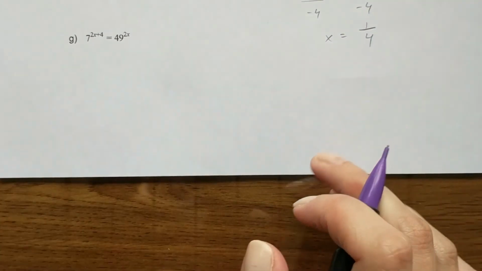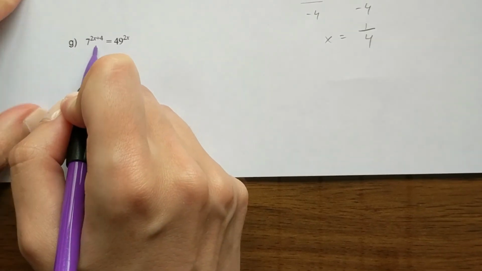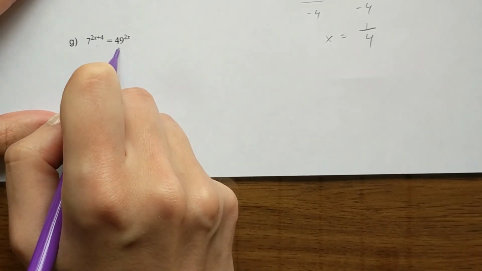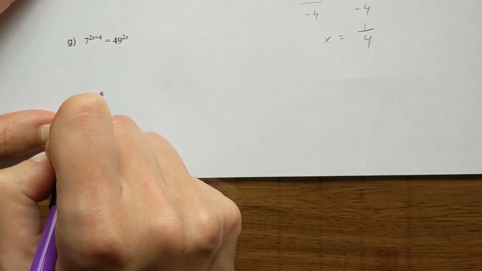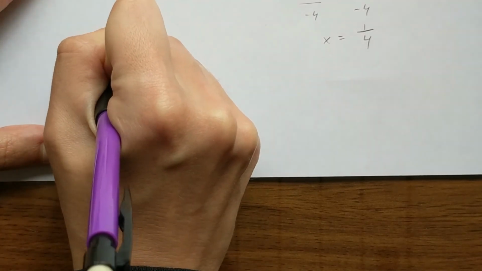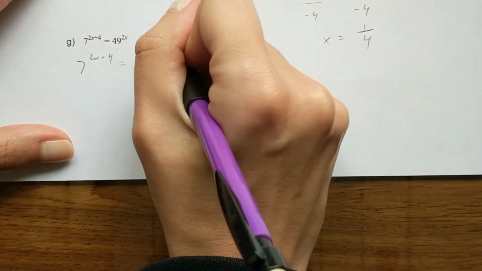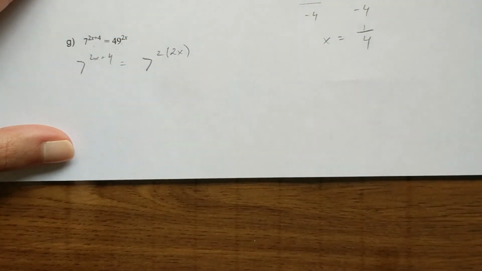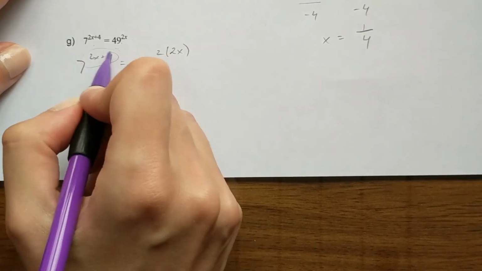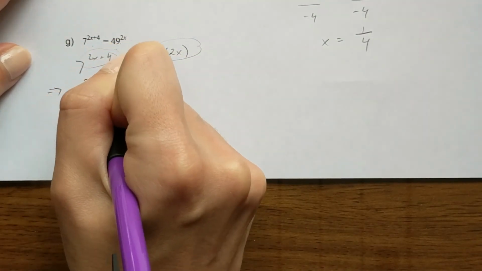And let's deal with one last problem here. 7 to the power of 2x plus 4 equals 49 to the power of 2x. Well, I need to put 49 as 7 to the power of something. 49 is the same thing as 7 squared, and then we still have a 2x here to deal with, so I'm going to put that in brackets. Now that I have the exact same base, I can ignore my base. I can just jump straight to my exponents. 2x plus 4 is equal to 2